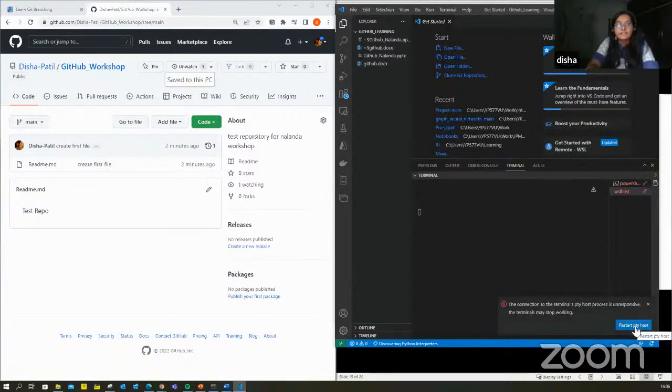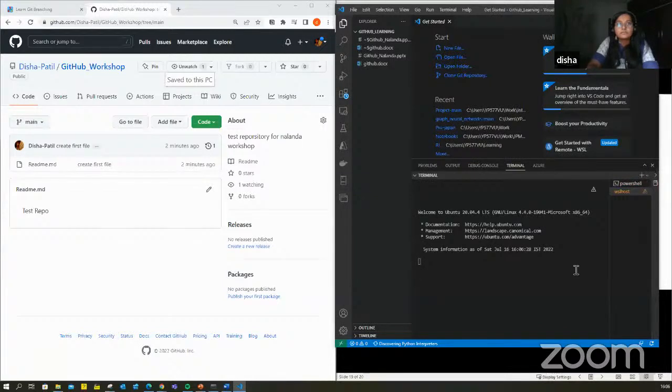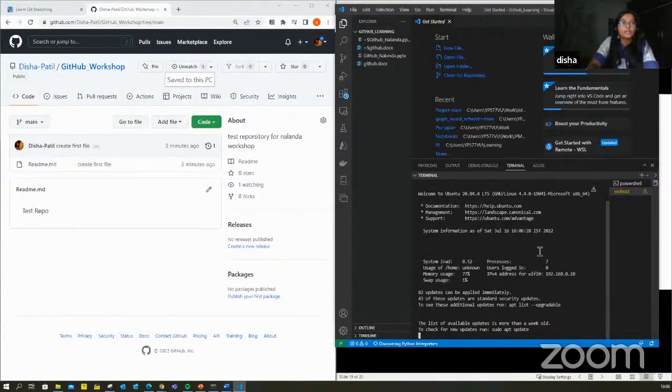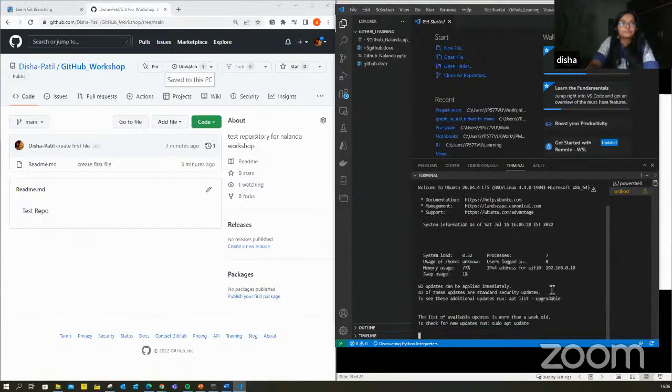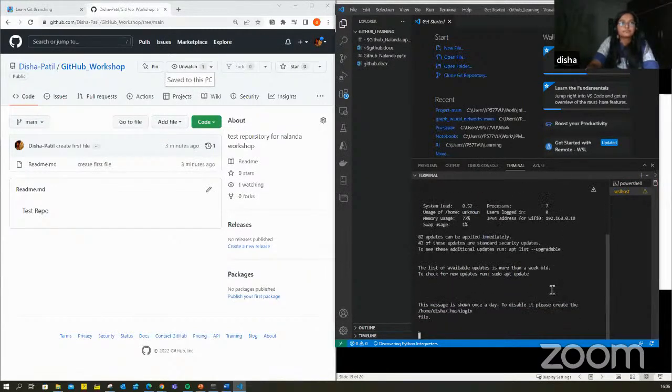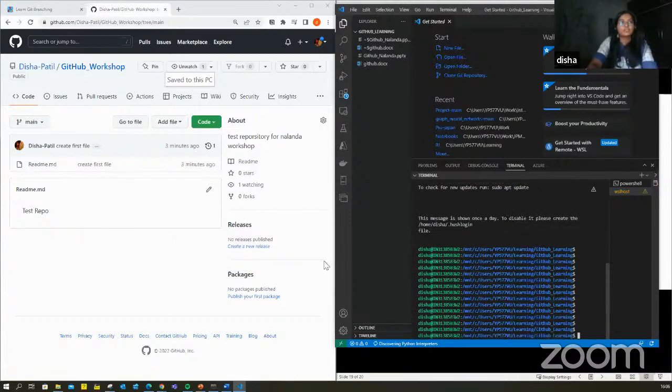Give me a second. Yeah, it's lagging a little bit. So I'm using the Ubuntu Linux terminal inside my Windows, so sometimes it is a bit slow. Yeah, great. We are here.